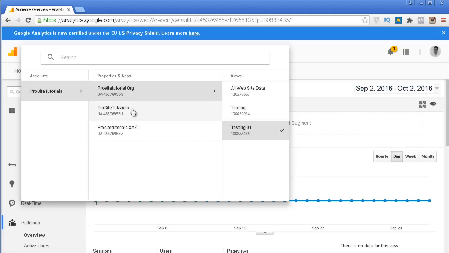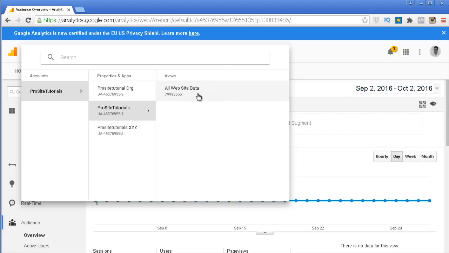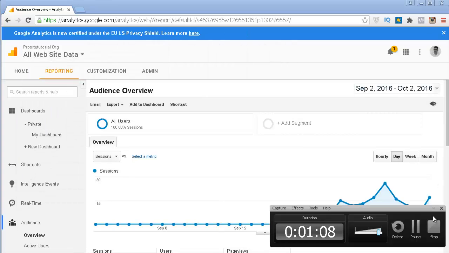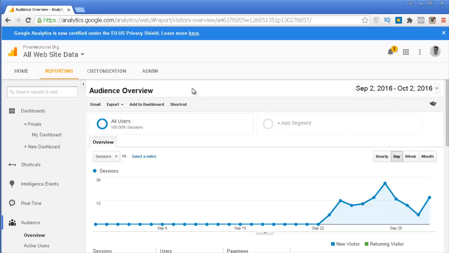So if I want to get the report from another website, I just need to select that website and then click on the view that I want to see my reporting. In this case, I just want prositutorials.org, and then you can see the views that I have for prositutorials.org. So the one that I want is all website data. Now you can see with this view called all website data, I already have more information appearing inside of my